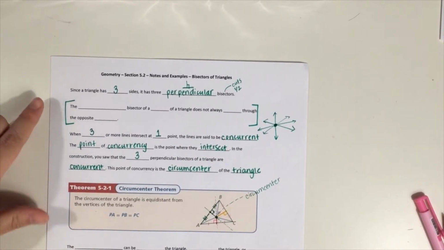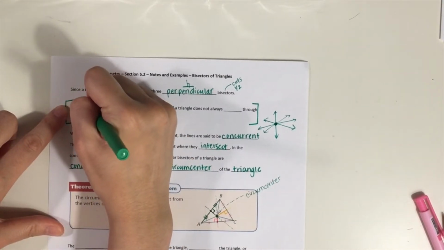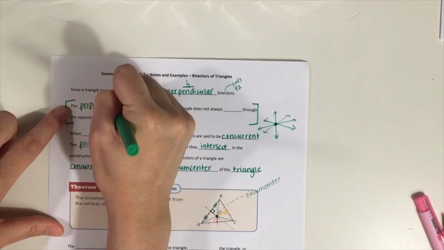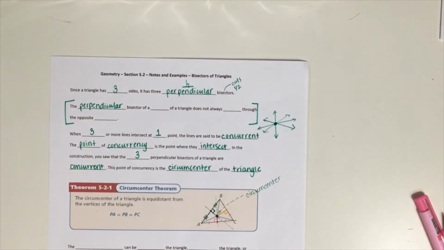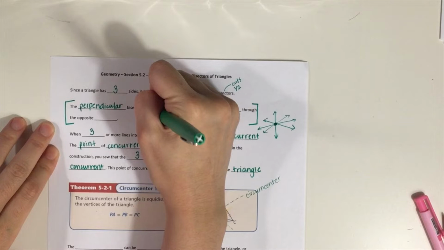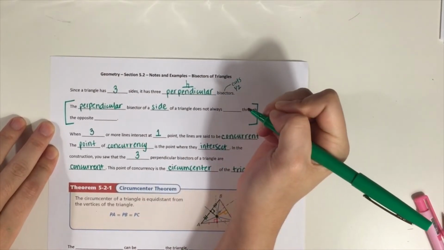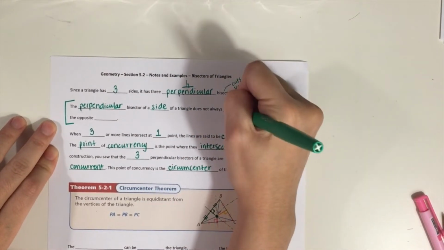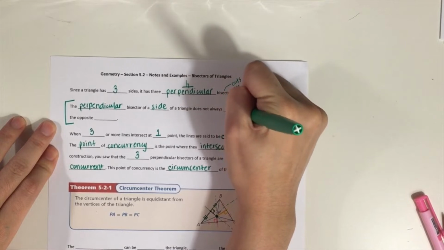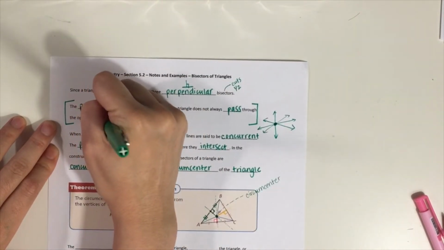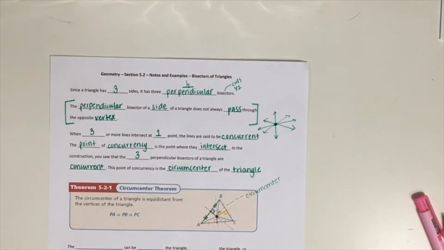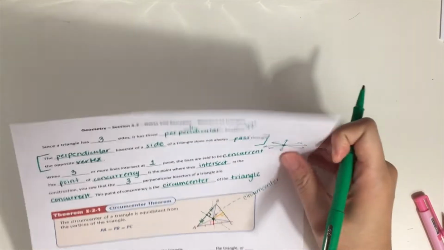Okay, so that's just something to keep in mind. The perpendicular bisector of a side of a triangle does not always pass through the opposite vertex. Maybe you weren't thinking that at all, but it's just a little helpful hint, okay? So moving on